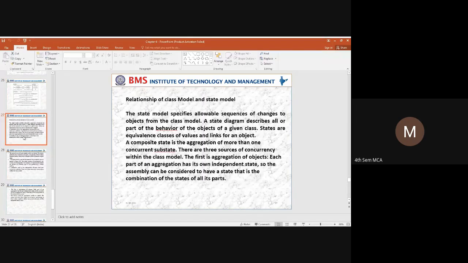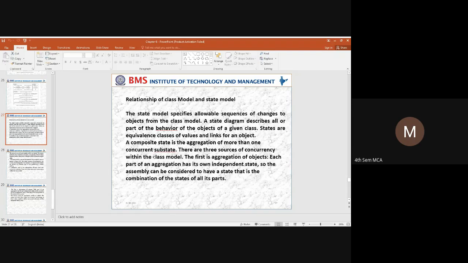So next, we have seen a class model, we have seen a state model. So how can we relate this class model with the state model? The first thing is, a state model will allow the sequences to change the objects from a class model. So whatever objects, the instances available in a class model, those can be changed accordingly in the state model.